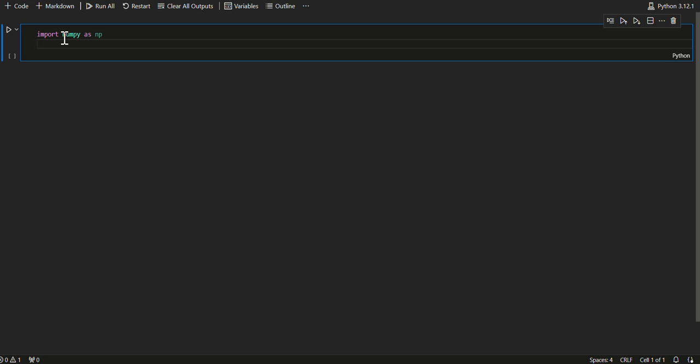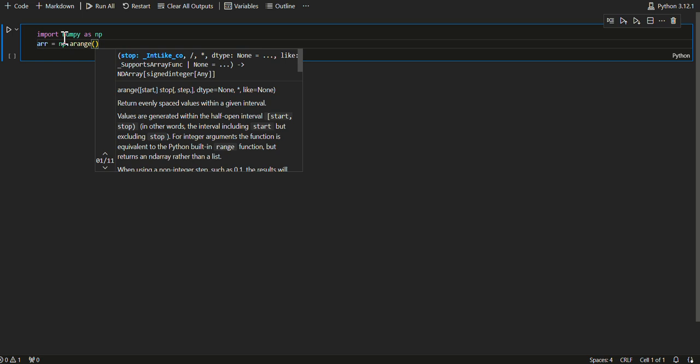Suppose you want to create an array between -10 and +10, and you say the difference between the elements of the array should be, for example, 0.5. So in this case, you will use the np.arange function, and it has certain parameters. As you can see, start, stop, and step. These are the important parameters that you should assign to this function. So you say I want from negative,